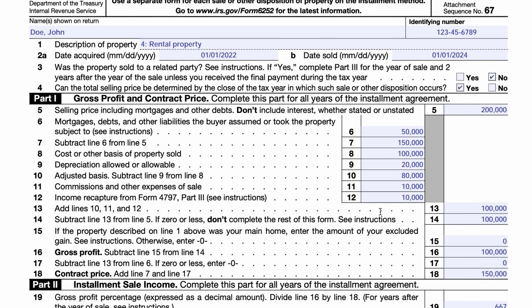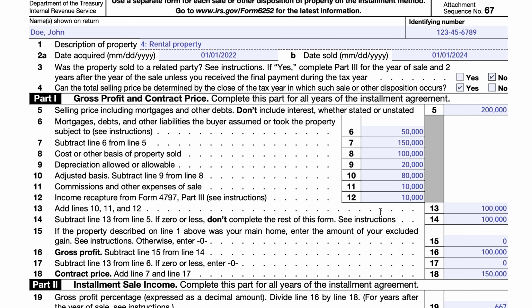So for a rental property, there's a difference between improvements and repairs. So we're only including the cost of improvements. An example of an improvement would be if you renovated the kitchen as opposed to just fixing appliances in the kitchen. A complete kitchen renovation would be considered an improvement. Replacing appliances in the kitchen would be considered an improvement, but just fixing your dishwasher would not be considered an